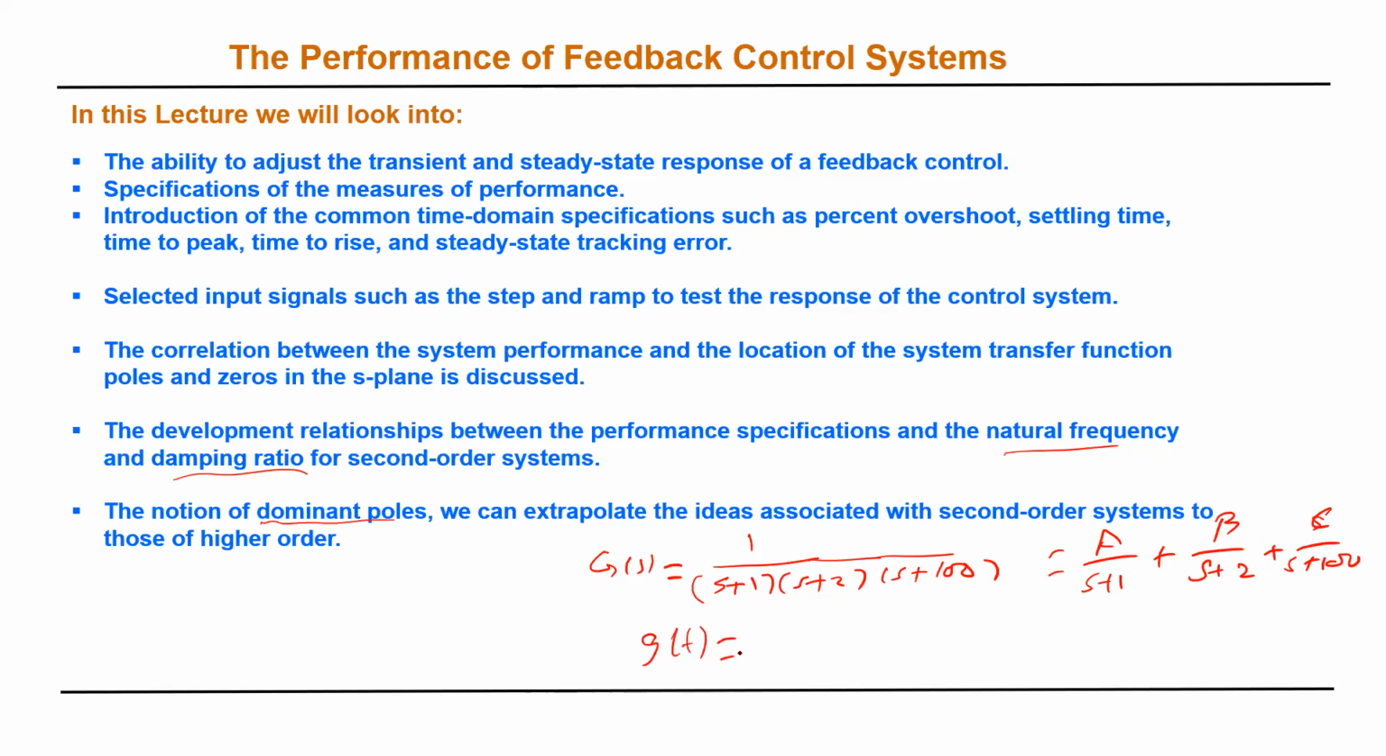G of T will be A times e to the power minus t, plus B e to the power minus 2t, plus C e to the power minus 100t. Now, let me see. We need